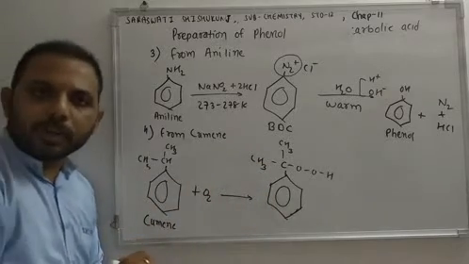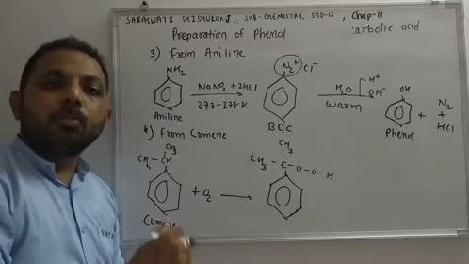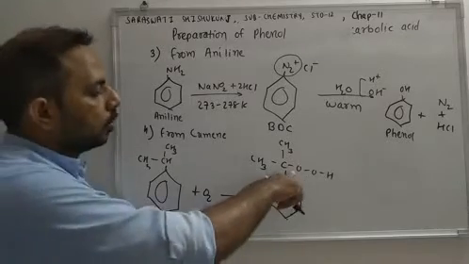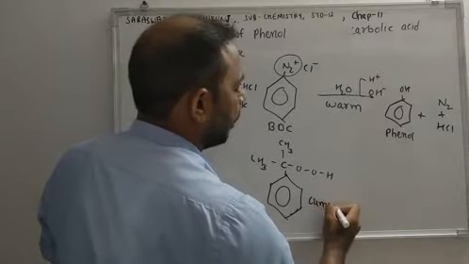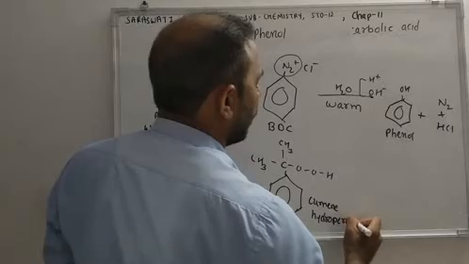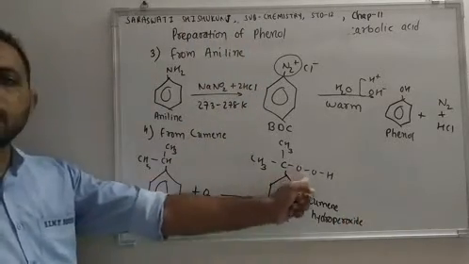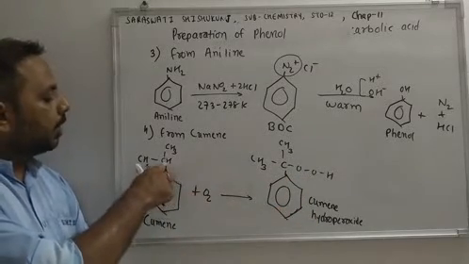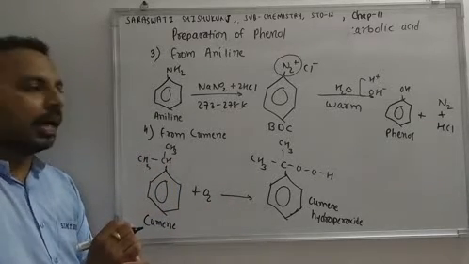Why is it known as hydroperoxide? We have discussed this in standard 11. When there is more oxygen present in a compound, that is known as hydroperoxide. So oxygen is added over here. So this is cumene hydroperoxide. This is cumene. If more oxygen is there, that is known as cumene hydroperoxide. And please remember, oxygen is added between carbon and hydrogen. Okay. So we are getting the intermediate product cumene hydroperoxide.